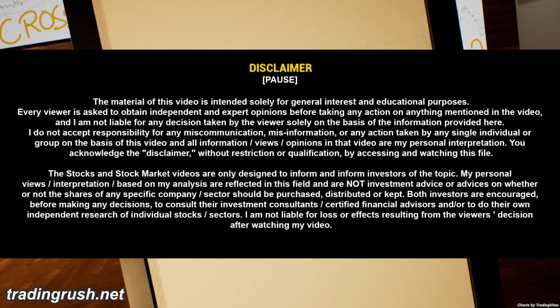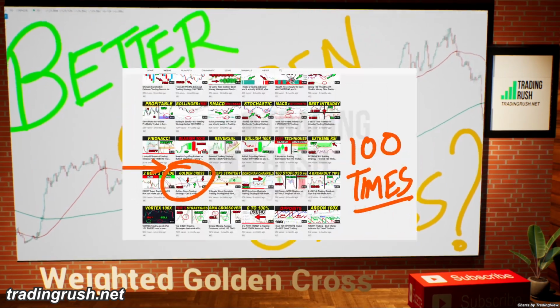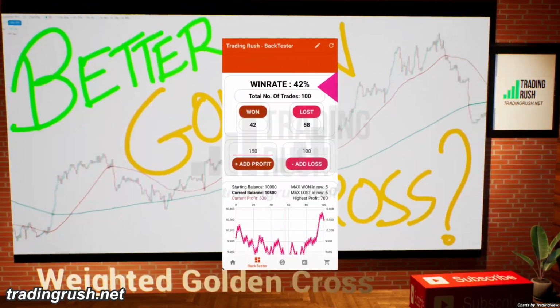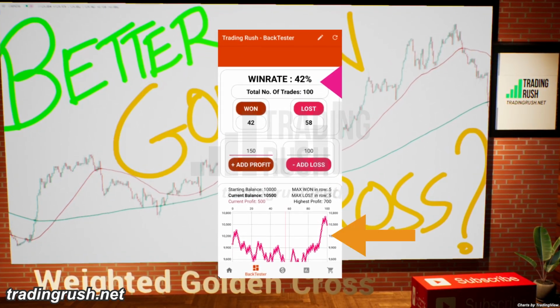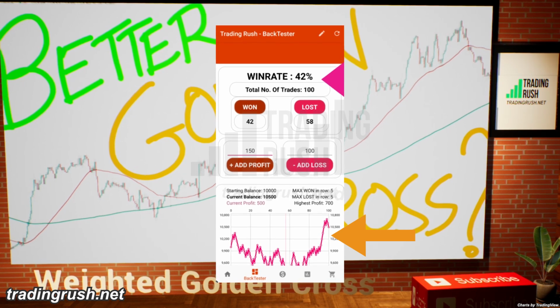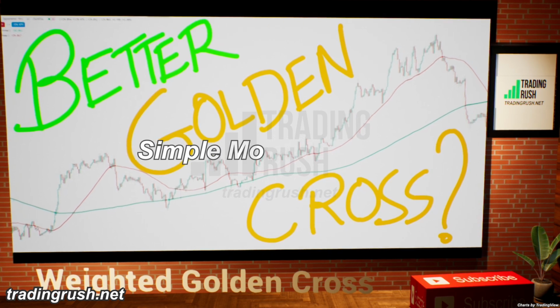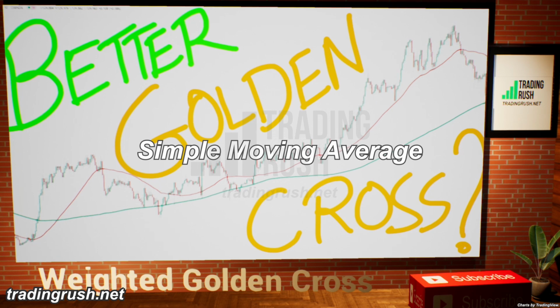The Golden Cross trading strategy is still popular, but it's old. When we tested the Golden Cross strategy 100 times, it got an approximate 42% win rate with a 1.5 to 1 reward risk ratio, and the profit graph in the Trading Rush app went in the upward direction, but it was not that good. The Golden Cross trading strategy uses the simple moving averages, and as you already know, the